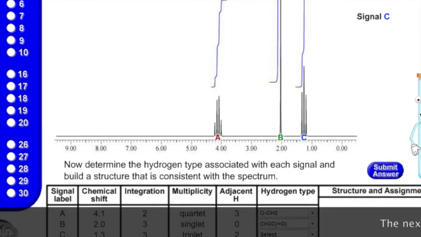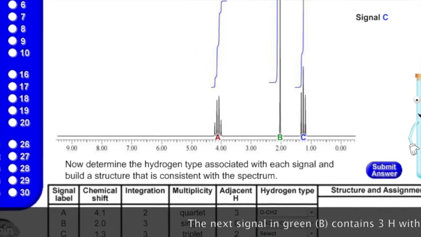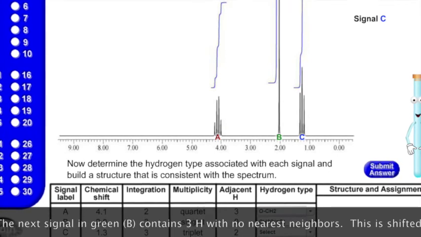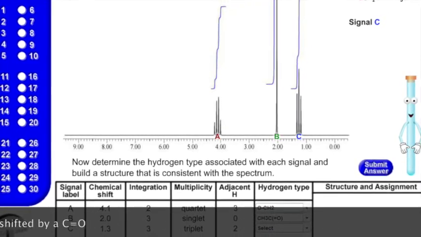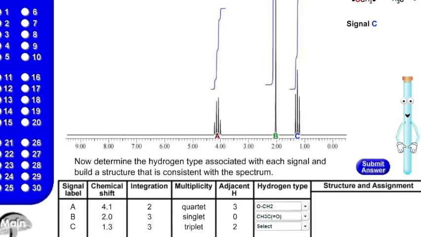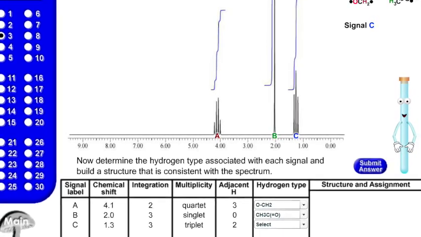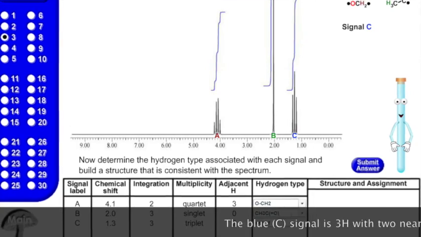This one says it is 3 and has no nearest neighbors. So it says it could be a 3 connected to a C double bond O. That's one possibility. And then now I need a triplet